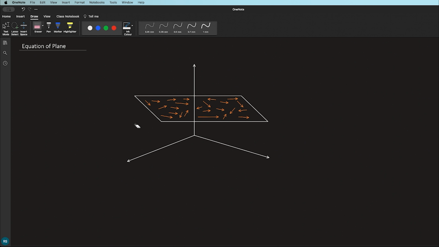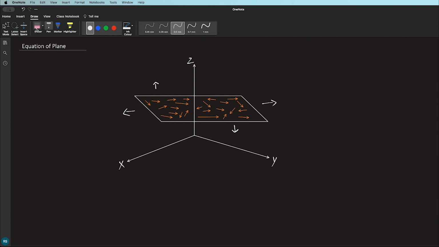So you can see here the 3D axis, this is the x axis, this is the y axis and this is the z-axis, and there is a plane, okay, positioned in this 3D axis, and this plane contains a bunch of vectors, or you can say that this plane is a piece of paper. So also imagine this plane is extended in all directions, and I have sketched out a bunch of vectors in this plane.